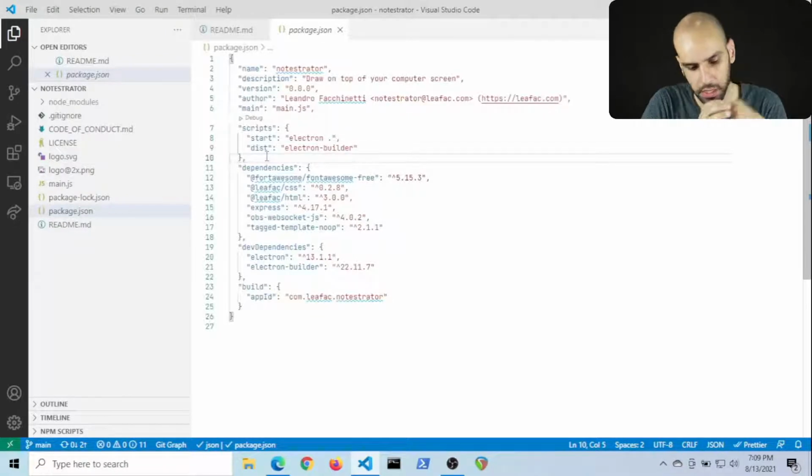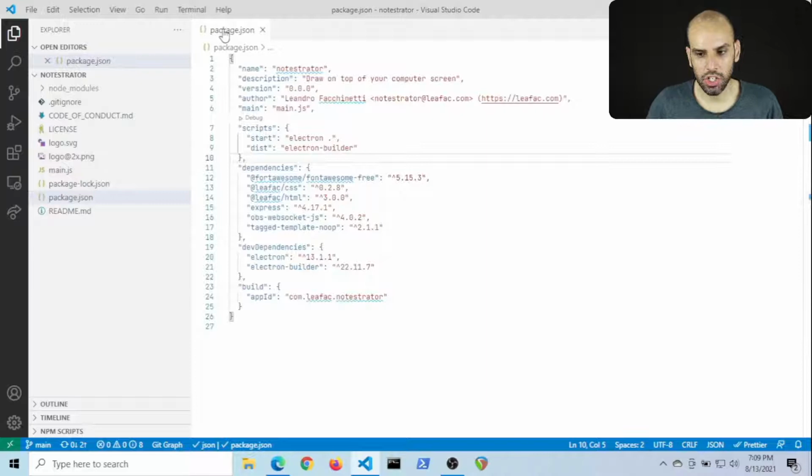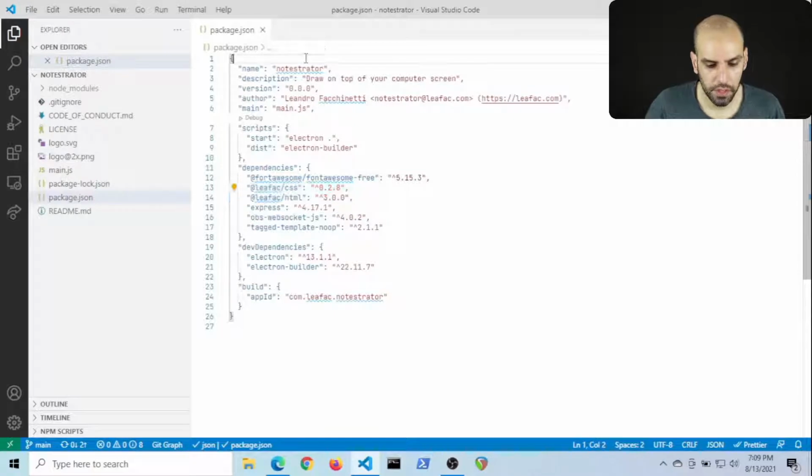Okay. What do I want to do next? I guess I will quickly go over this metadata that I know I will need. And then we can talk about the change I know I want to make: these dependencies go to dev dependencies. Not all of them, but these definitely. These two definitely go there. All right, so I learned some things about the metadata. It seems like this name needs to be something that could go into npm as a package, so it needs to be lowercase and no spaces and no nothing.